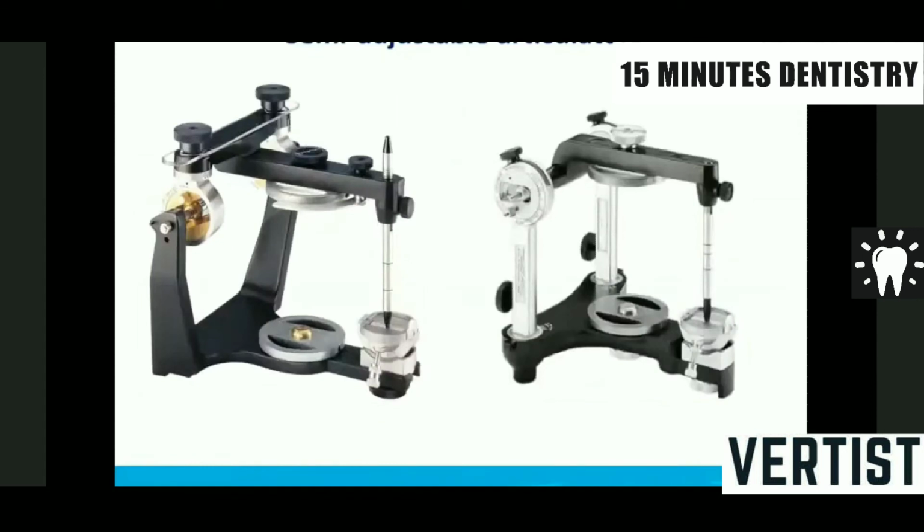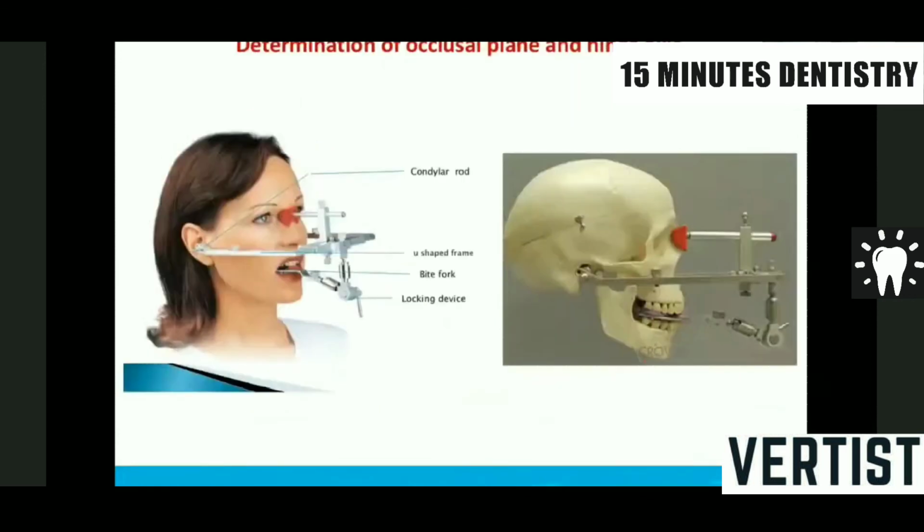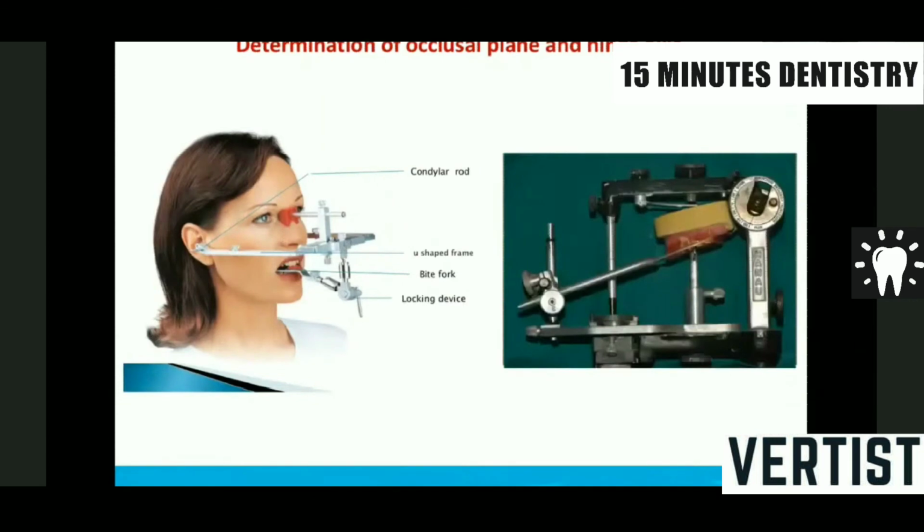This is the semi-adjustable articulator, the Hanau articulator, and here we can adjust the condylar guidance, we can adjust the incisal guidance, we can adjust many other parameters, but the main classification goes like arcon and non-arcon, where arcon means the condyle is attached to the lower member of the articulator, and non-arcon means the condyle is attached to the upper member of the articulator. So when we use a semi-adjustable articulator, we use a face bow. This instrument, what you see, is a very simple instrument to determine the occlusal plane and the hinge axis, and we mount it on the semi-adjustable articulator.